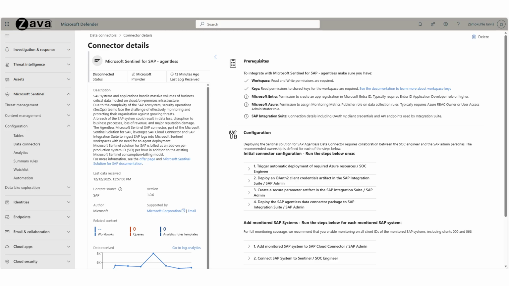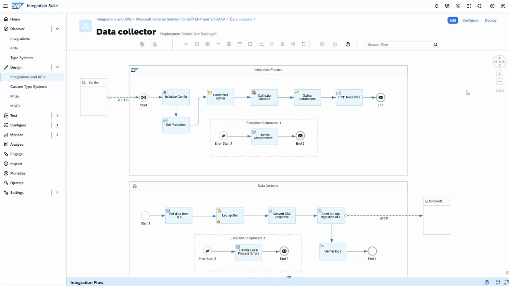Yeah? Okay, it sounds all pretty easy and simple, but what else do customers need to configure or edit or customize in order to get the data they want? Great question. Let's take a look at the portal so we can see how this data connector will be connected. And it's really simple. We actually provide much of the instructions directly within the data connector UI, as you can see here. So what we're looking at now is the iFlow workflow.